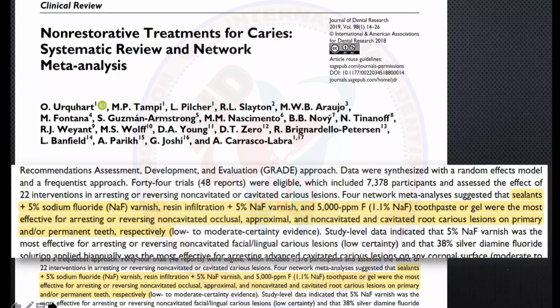But this is a beautiful meta-analysis. This is a study which was done in 2019. According to this, fluoride is still the best. So sealants plus 5% sodium fluoride varnish, resin infiltrate plus 5% sodium fluoride varnish, or 5000 ppm fluoride toothpaste or gel are most effective for arresting or reversing non-cavitated occlusal, proximal, non-cavitated and cavitated root surface lesions, in primary as well as permanent teeth. So out of these chemicals, if I look at 5000 ppm fluoride,